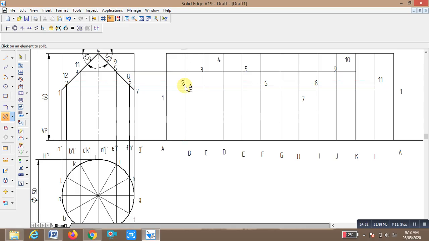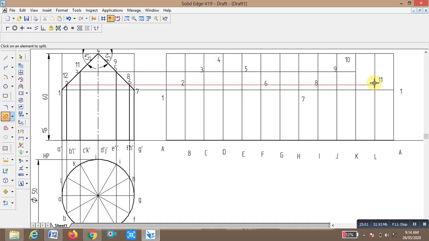Okay, 9, and this is 10, this is 11. Now you go to curve command. Curve, click on point A. This is 1, this is 2, this is 3, this is 4, this is 5, this is 6, this point is 7.